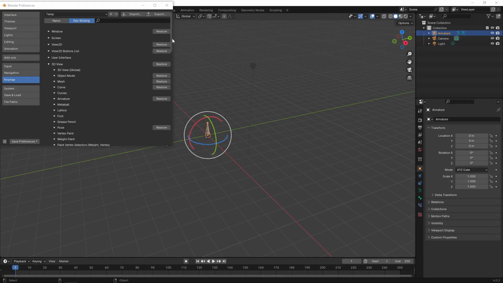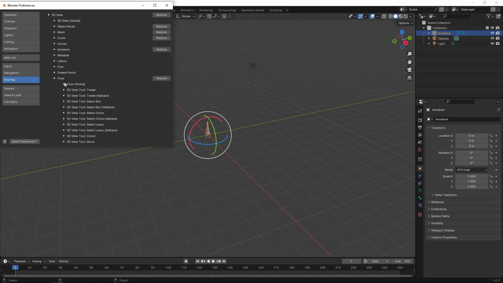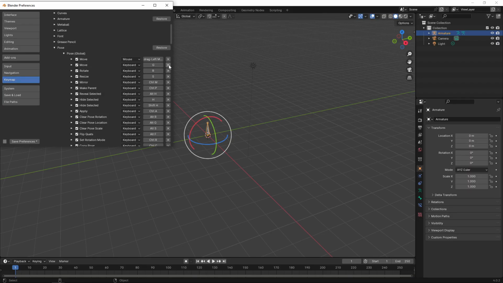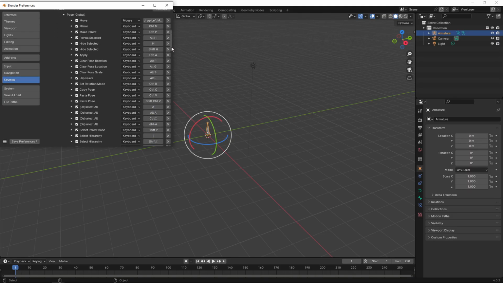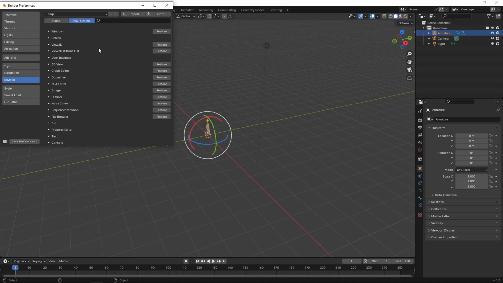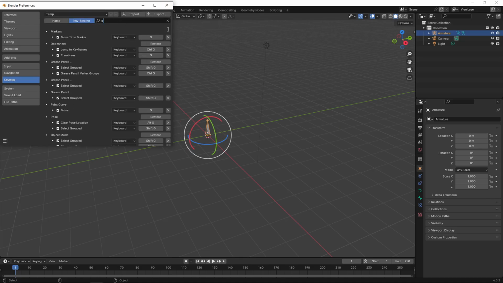I almost forgot pose mode, so let's do that one. Pose mode, pose global, and here we delete all of these. GRS. So that should be all the ones that we want to remove completely, and that should take care of all the conflicts. However, we're not done yet. We also want to replace all the ones for the modes that don't have gizmos. So what we're going to do now is just do a search for key binding, G,